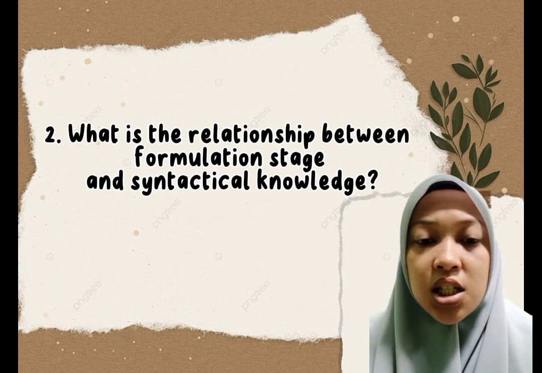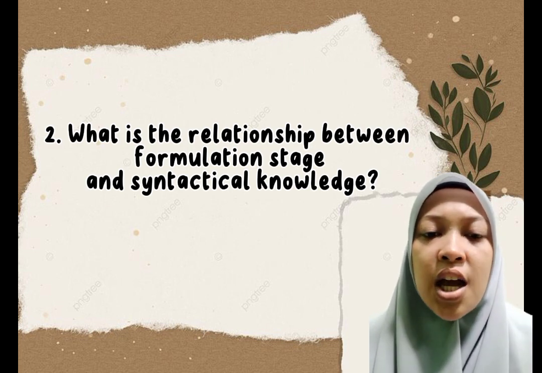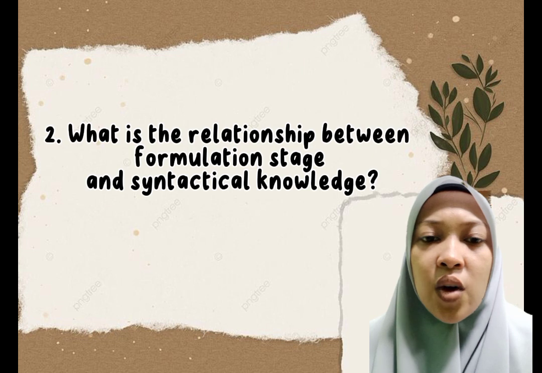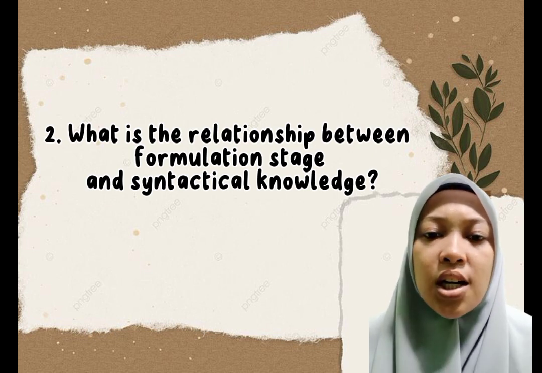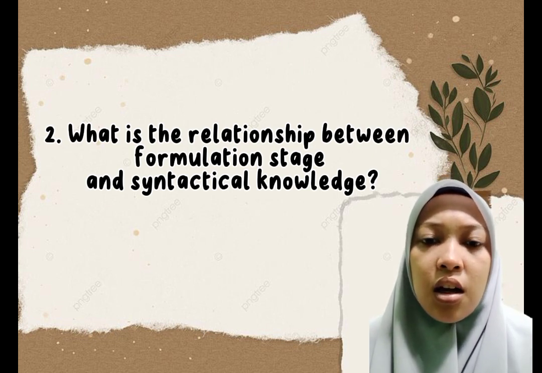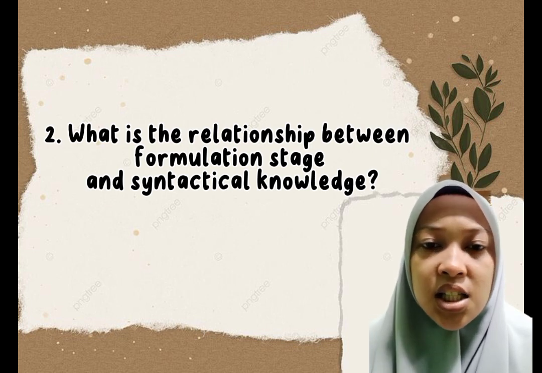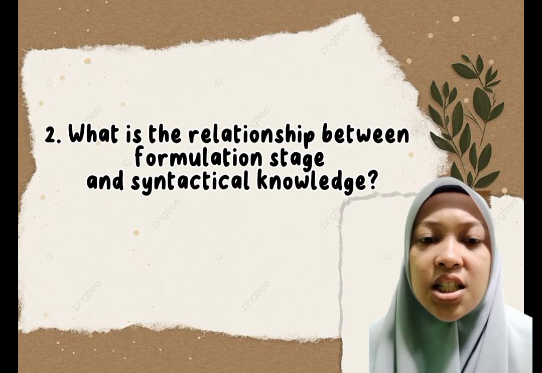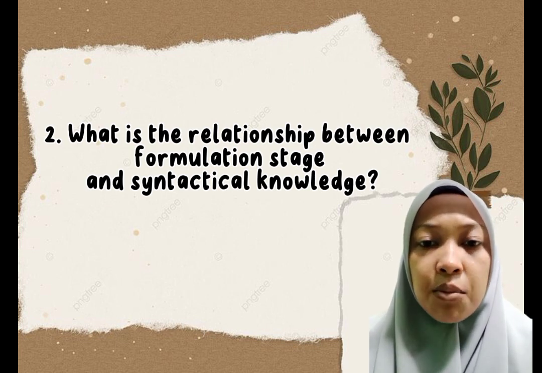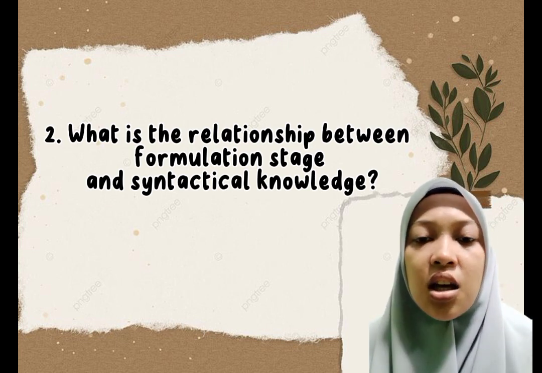During the formulation stage, people use their syntactical knowledge to ensure that the words and phrases they choose, as well as the way they organize them, follow the grammatical and syntactical rules of the language they